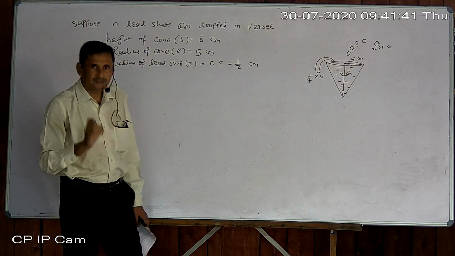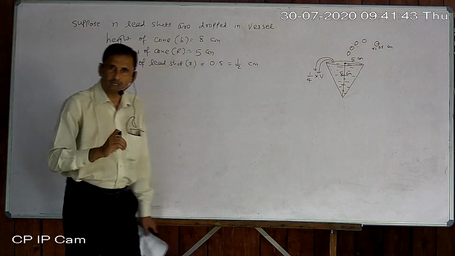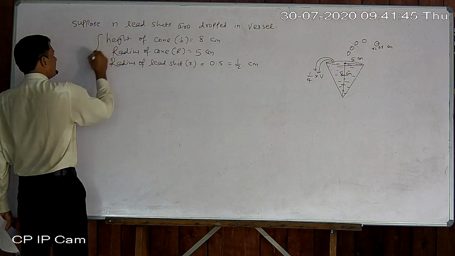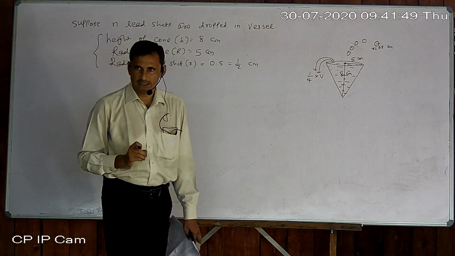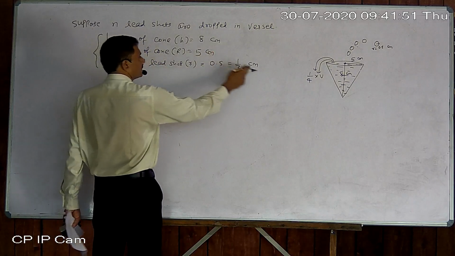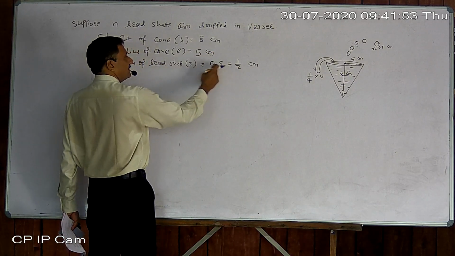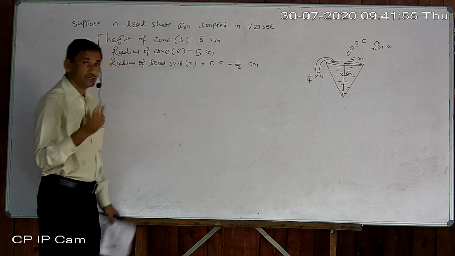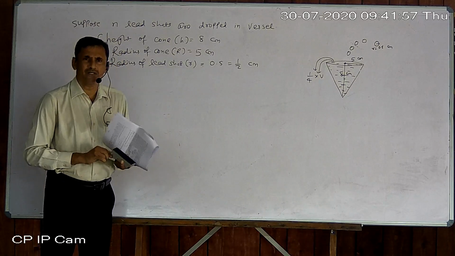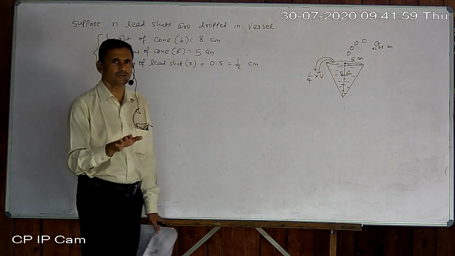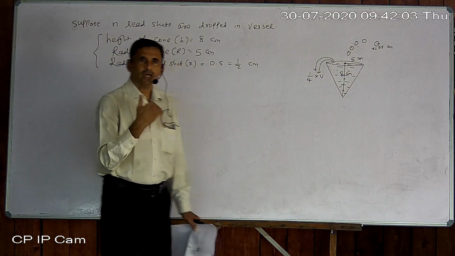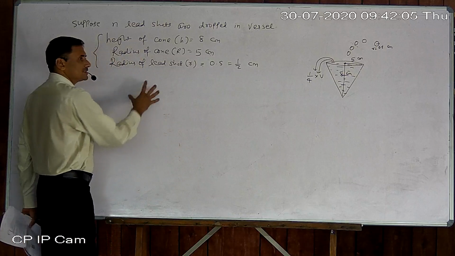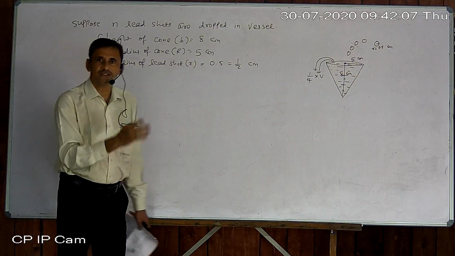In all sums of this lesson, we usually do that part first of all. Clearly we mention all measurements with unit. If conversion is required, we just convert it into fraction. Otherwise, meter to centimeter or centimeter to meter, that type of conversion is also required. Then we just do it here only, so that in our main step the main work is reduced.